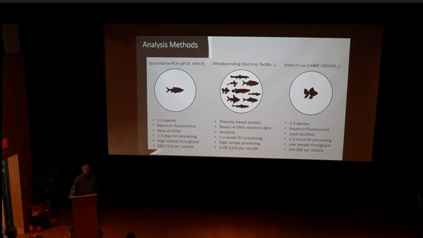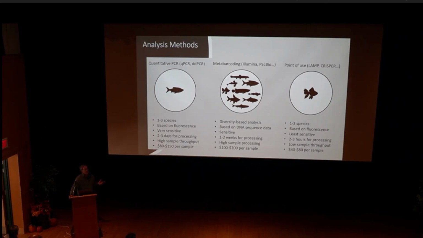One is how many species can we look at. Right? So for quantitative PCR, it's really limited to a single species or maybe a couple. You can multiplex the assays, but things get a little tricky in there. There's some trade-offs with doing that. Most of the eDNA work that we see with qPCR methods is one species. You're targeting a single species at a time. The same is true for point of use. That's generally one species or a couple of species at a time for point of use,